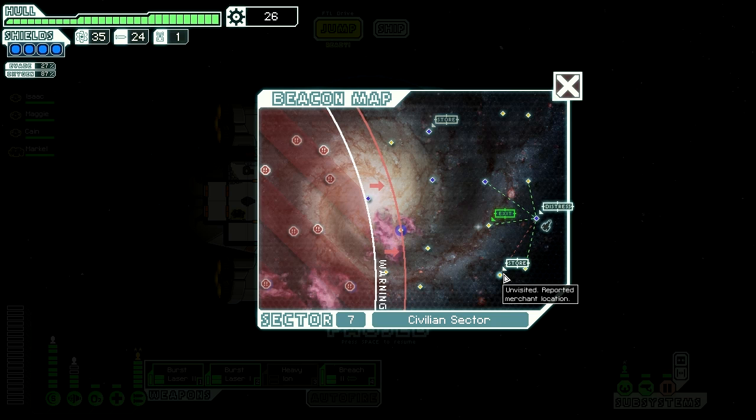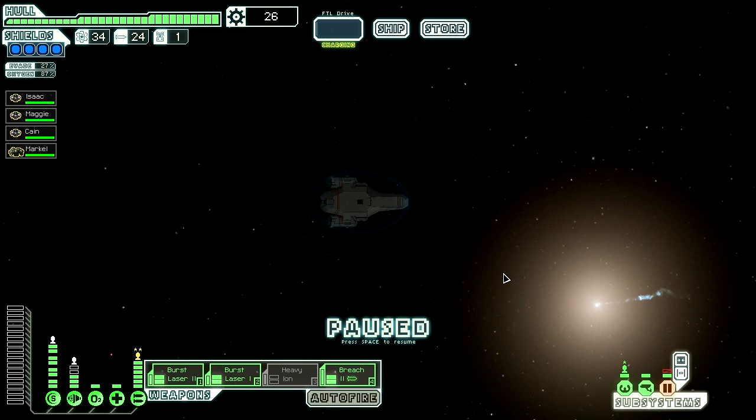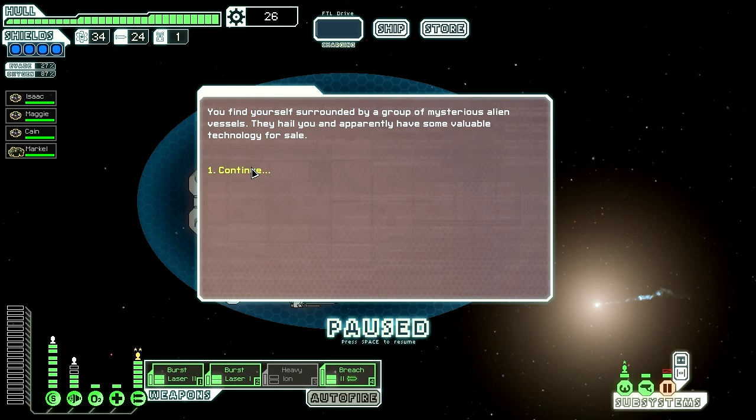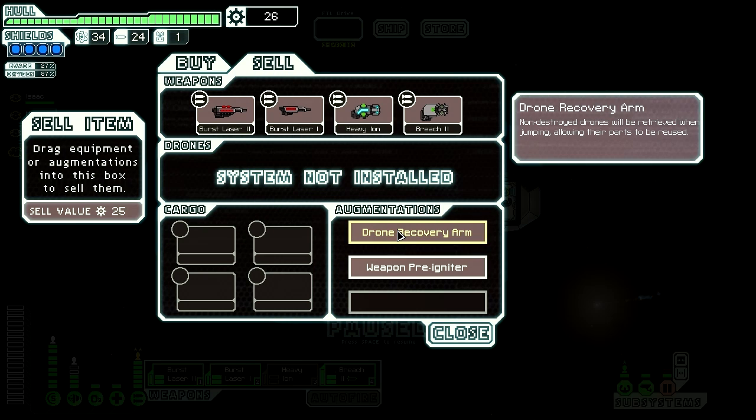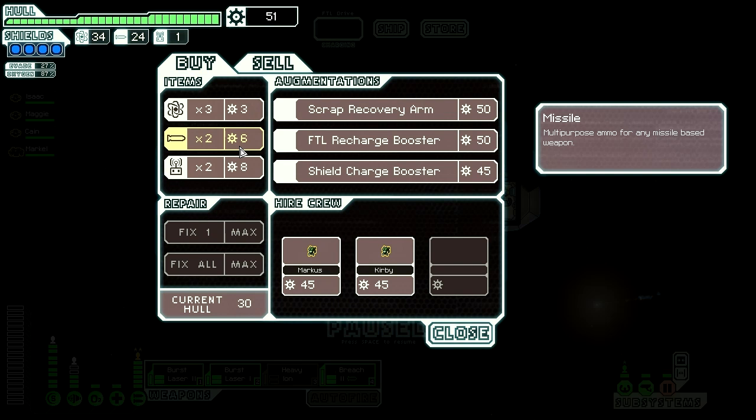We're probably going to sell our drone recovery arm at the store here, because I have no need for that, given that I don't even have a drone control sector on my ship. So let's go here. Drone recovery arm sells for 25. The weapon pre-igniter is of the utmost importance. I'm not going to sell that. But we might want to buy...